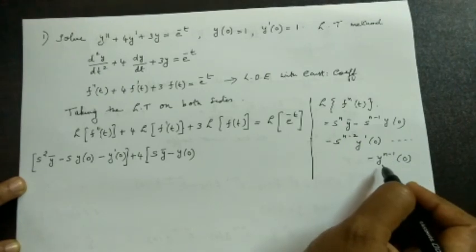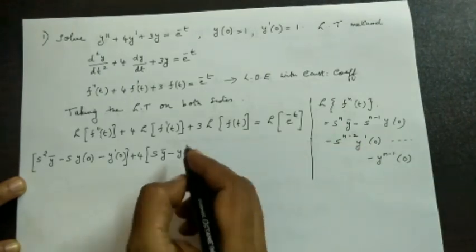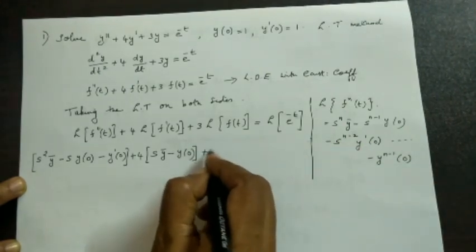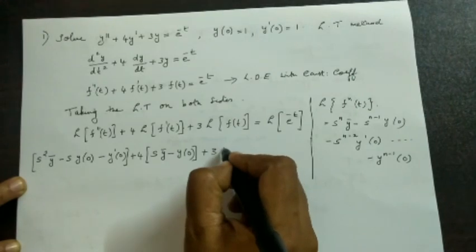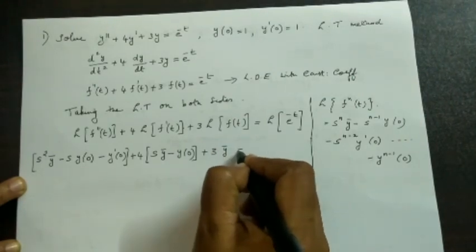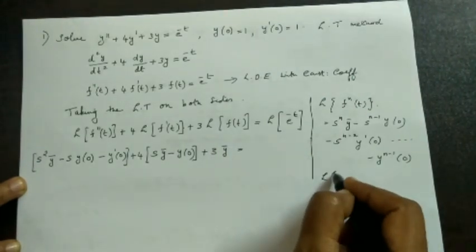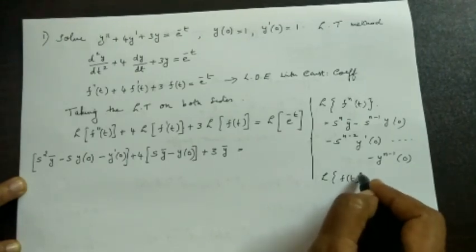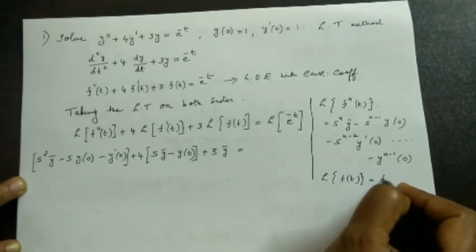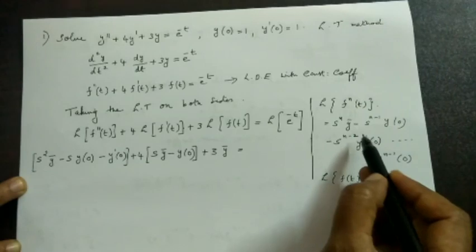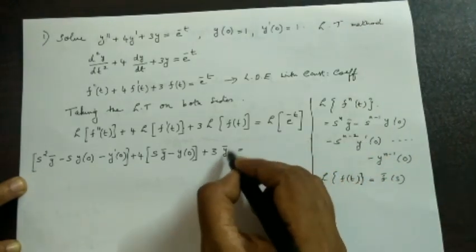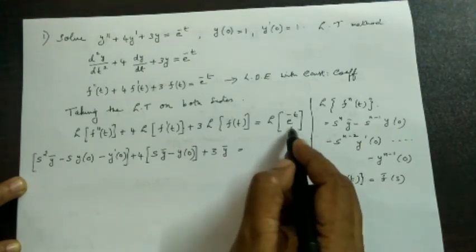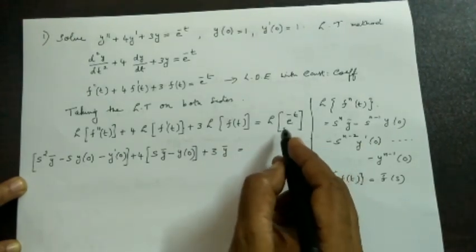Y of 0 means the last term plus 3 into L of f of t. L of f of t is f bar of s, and here f bar of s is denoted by y bar. Therefore the last term will be 3 y bar, which is equal to, in the right hand side, we have